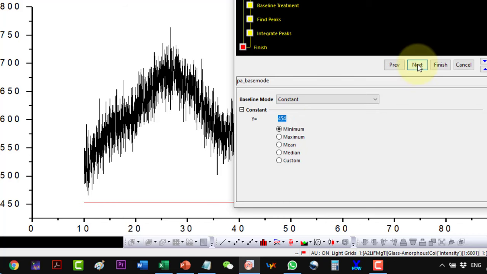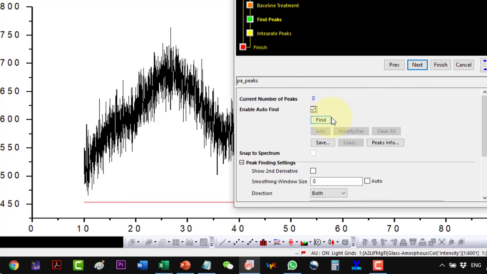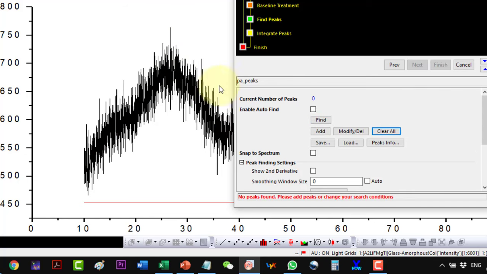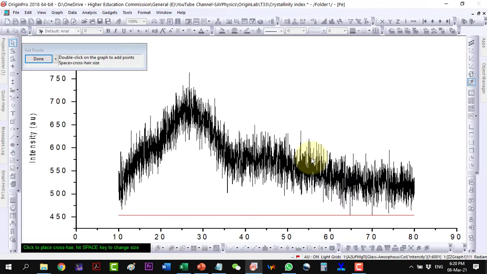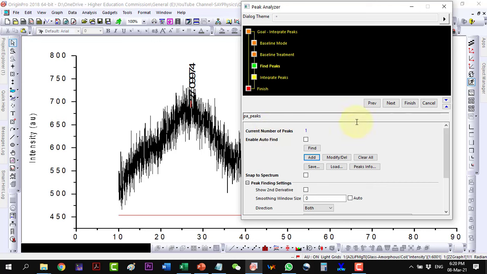So I go next, and now here I will have to find the peaks. If I click the find the peaks, then it will select enormous number of peaks here, which is 706, and this one is not required. So I will clear all these peaks, and I will just add this one peak here. So double click here, and this one peak will be selected, and it's done.